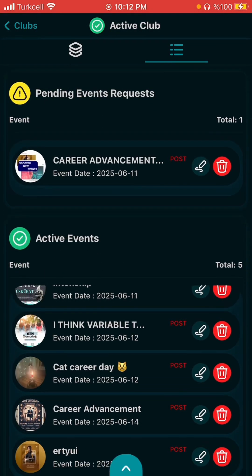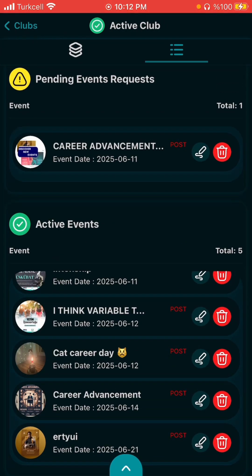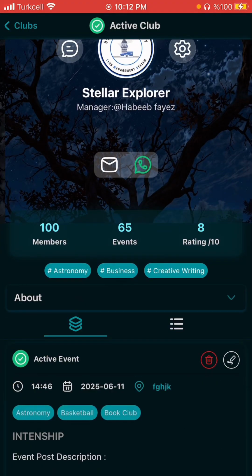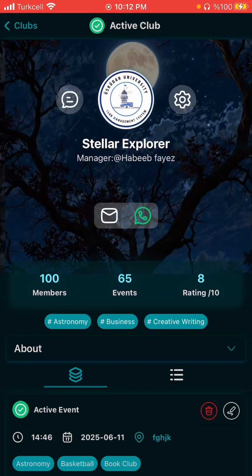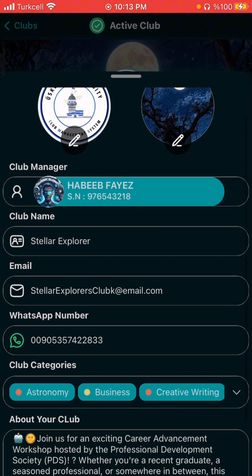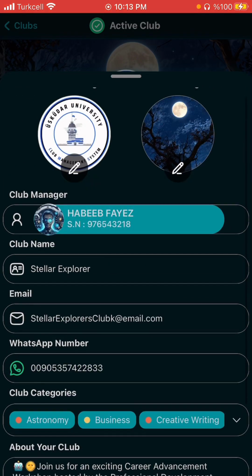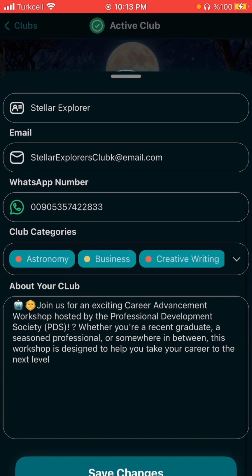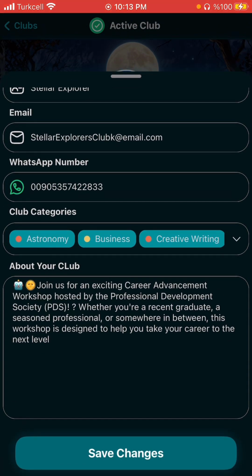At the same time, you can go through them one by one, and for sure, you can go to the events as a normal post. Here for sure you can also edit the club data. You can choose or edit your about, categories, and whatsoever. And of course, when you try to change anything related to the club, the admin needs to activate this club